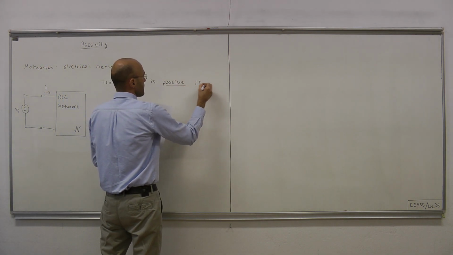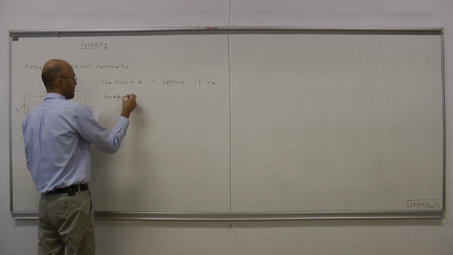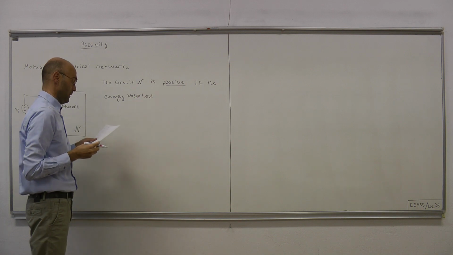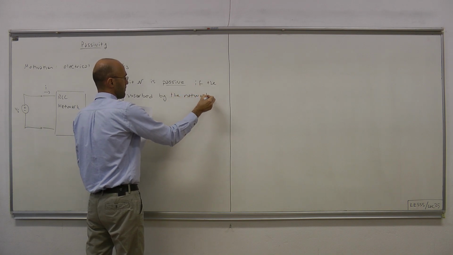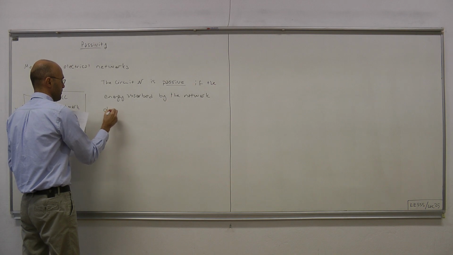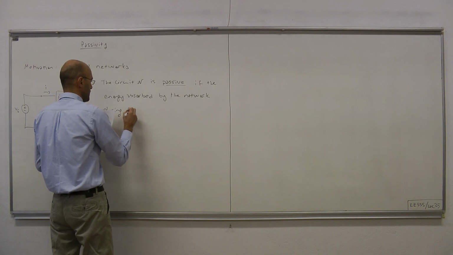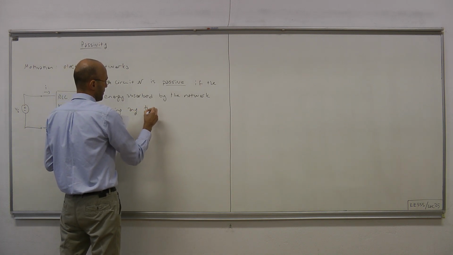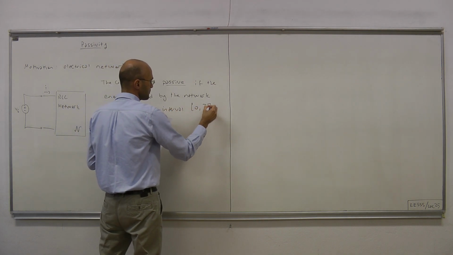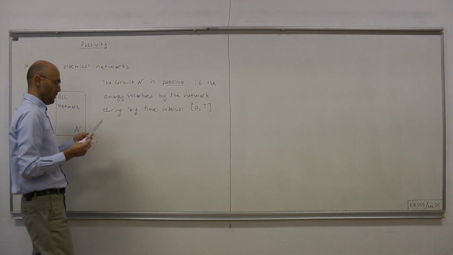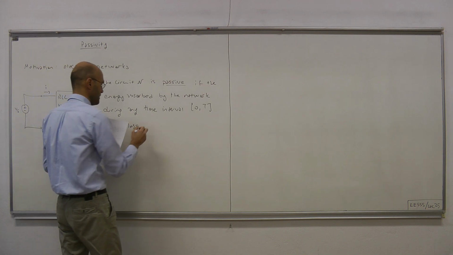If the energy absorbed by the network during some time interval, from 0 to capital T, let's say, during any time interval from 0 to some time, is no less than